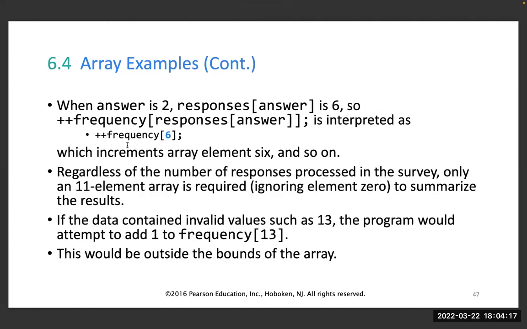Okay, so I talked about this before. So regardless of the number of responses processed in the survey, only an 11 element array is required. So we don't use the first one. Let's ignore element 0 to summarize the